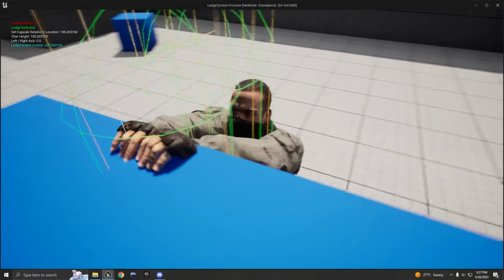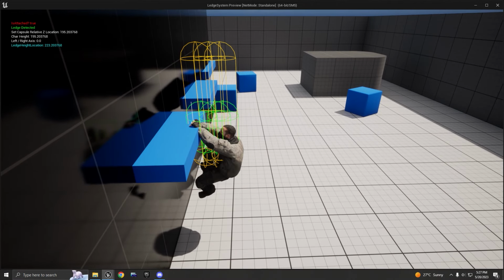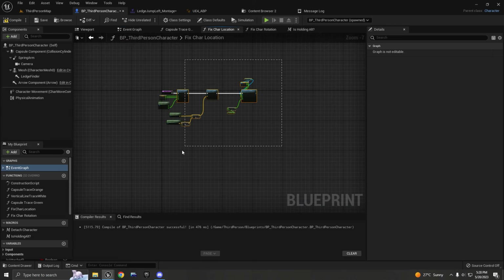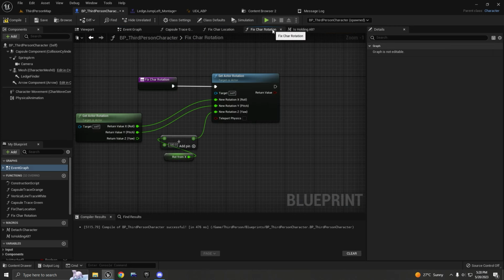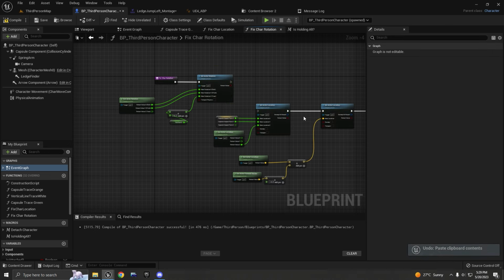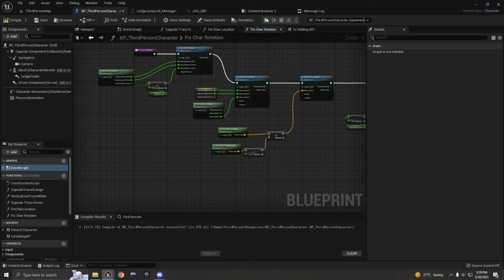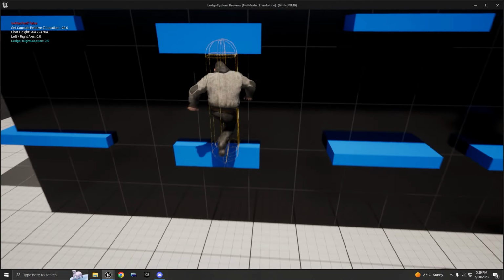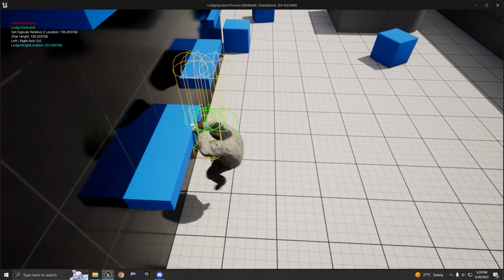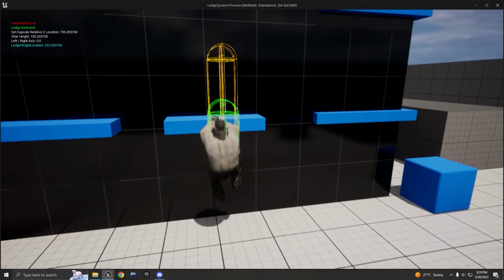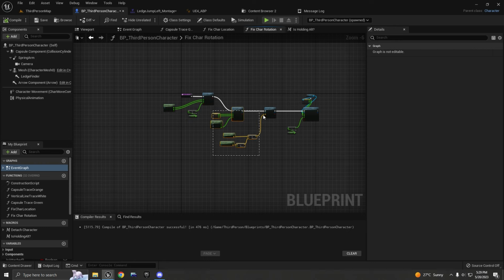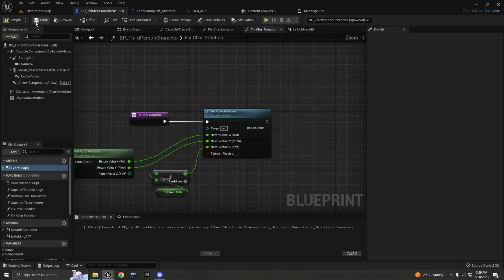So yeah, you can tweak the settings to see which one works better for you. As you can see, my hand is glitching. So what I'm going to do is copy all this, and on the rotation value, I'm going to place that in there. And I'm going to do this. And there we go. You don't need to copy and paste all this. You can just